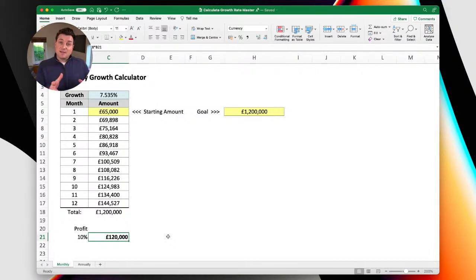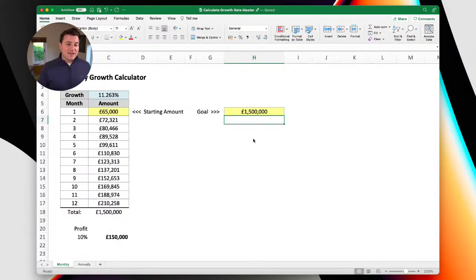So we need to manipulate these figures a bit so we can, again, measure and manage the process. Because if we go like this, we're not going to make it. So what do we need to do? Well, there's a few different figures we can manipulate. We can manipulate our total turnover. So maybe we look at that and think, do you know what? 1.2, I could easily hit 1.2, so I'm going to stretch myself and go for 1.5 million. So maybe you could do that, and clearly we're at 10% profit, so we're going to hit the 150 grand for